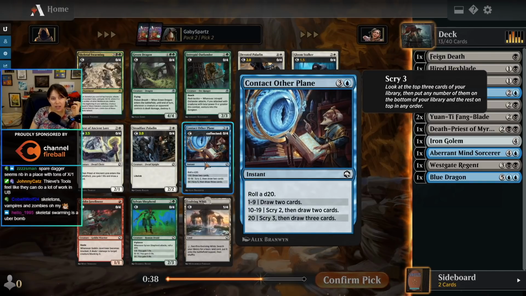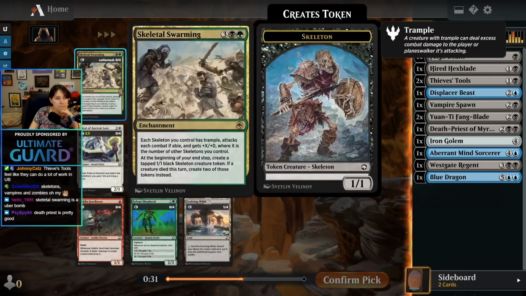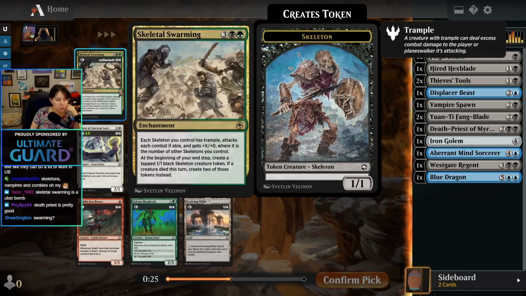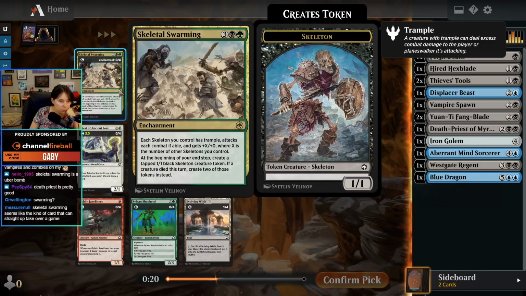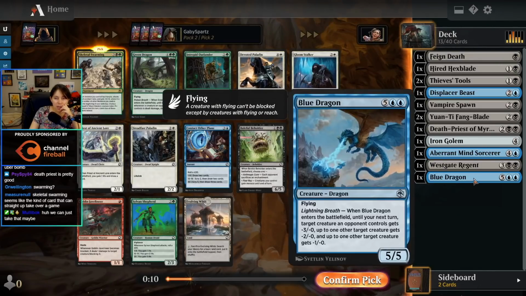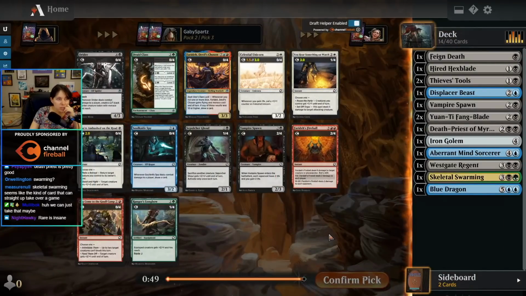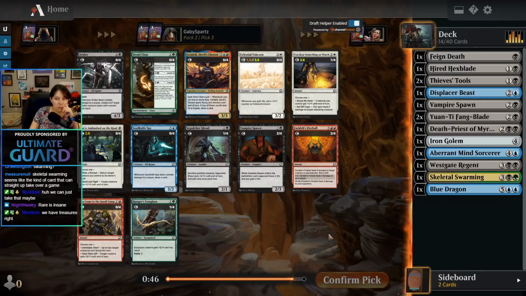I kind of like these eyes looking at you. Look at how spooky it is. Skeletal Swarming is an Uber Bomb. Each skeleton you control has trample, attacks each combat if able, and gets +X/+0, where X is the number of other skeletons you control. At the beginning of your end step, create a tapped 1/1 black skeleton creature token. If a creature died this turn, create 2 of those tokens instead. Yeah, we could take Skeletal Swarming and either ditch our blue or find a way to splash, but the rare does seem very strong. Like, it seems worth it to just...